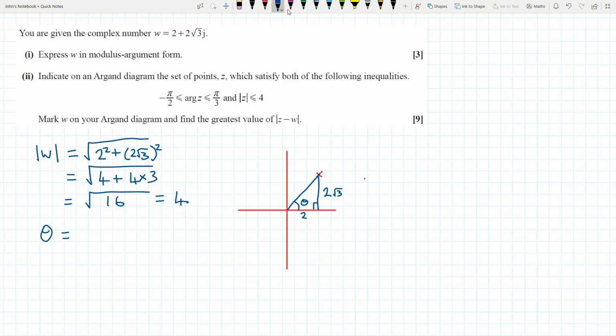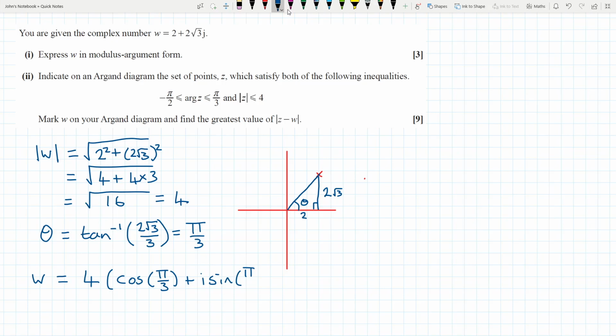So theta is going to equal inverse tan of 2 root 3 over 3, which is equal to pi over 3. So finally, the complex number w in modulus argument form is equal to the modulus 4 in brackets cos of pi over 3 plus i sine